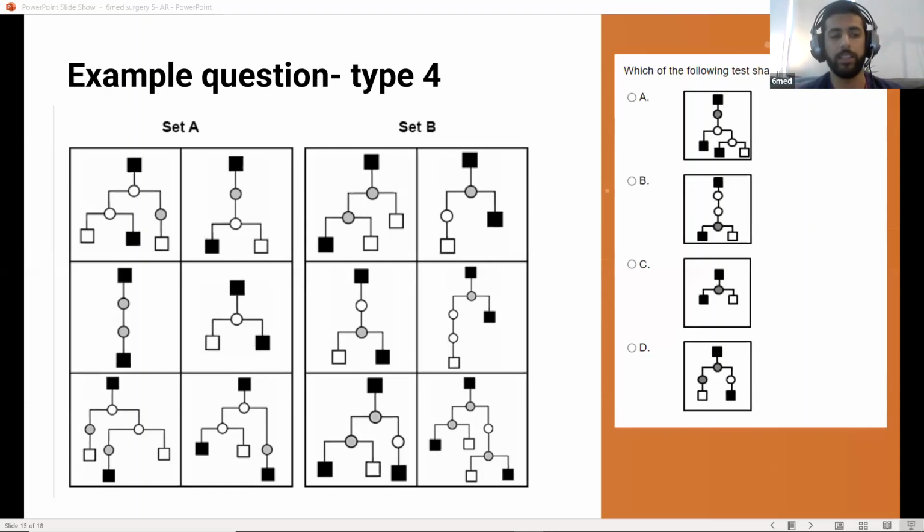Then I look at the top right picture of set A, and again, it's branched after the white circle. I might compare it to the ones below as well, just to check. We then go over to set B and we think, it's something to do with the specific shape where the branch point occurs. In set B, you can see straight away that this is a gray circle. So when the question asks which of the following belongs in set A, we're looking for the one that branches after a white circle. You can see A is the only one that branches after that. So A is the answer.